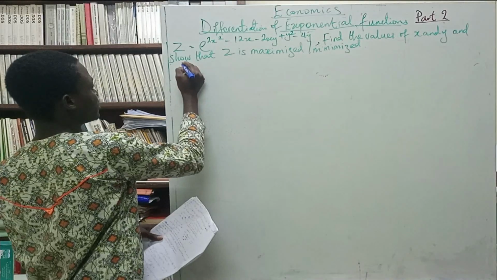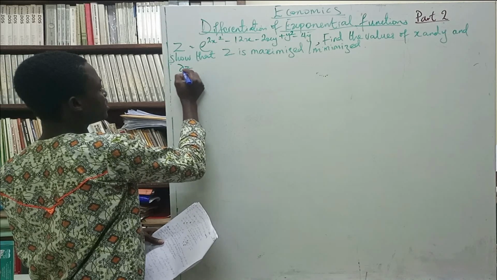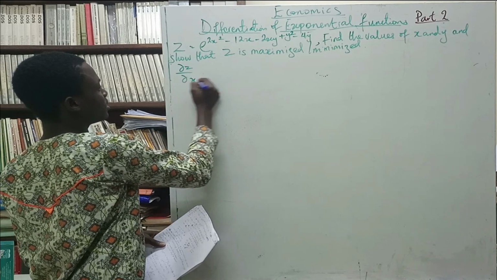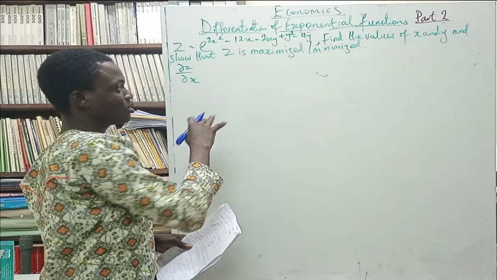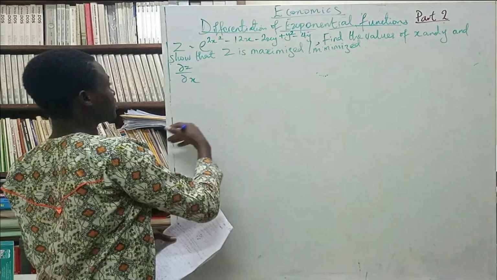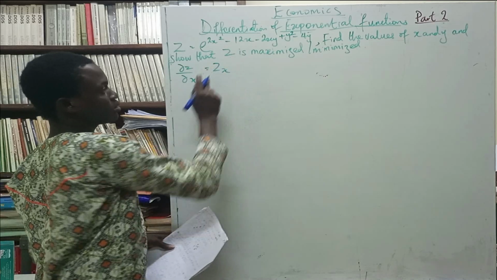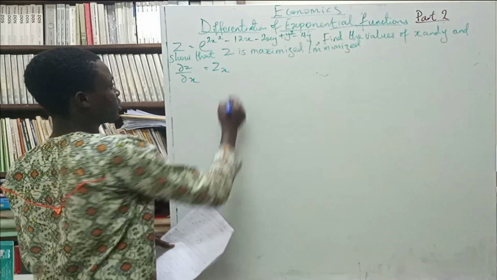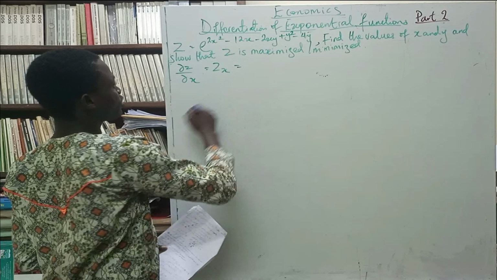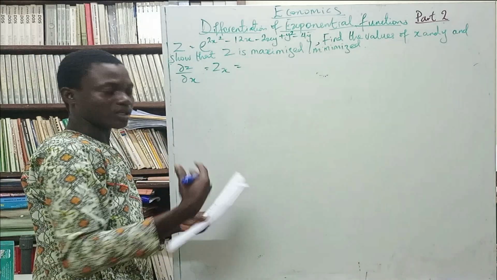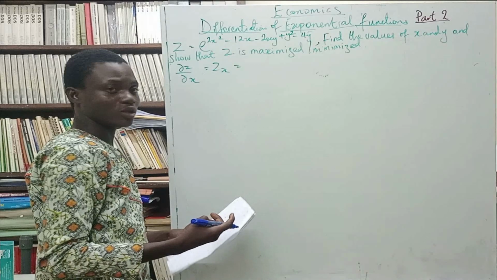It might be written this way, the z. Please note that the d is slanted, so that is what is used to denote partial differentiation. You can write it like this, the z dx, or just zx. I would like to go with this because I want us to manage space. So zx then is going to be equal to, the way we differentiate exponential functions basically,